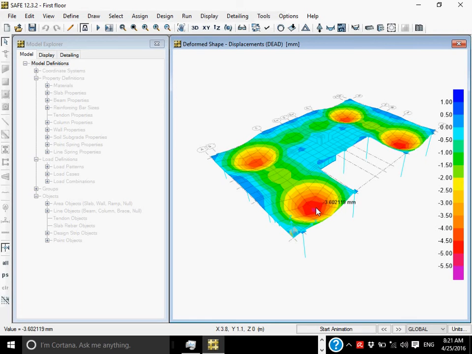So how much is the maximum deflection? Around maximum, you can say here 5.5. 5.5 under dead load, only dead load.